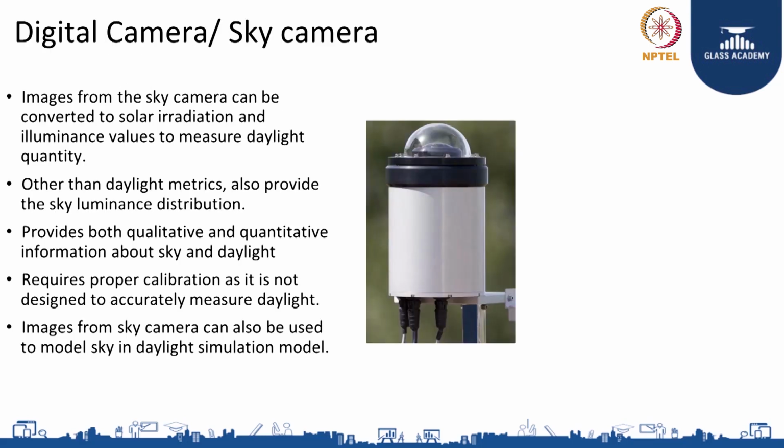We can also have more complicated sensors like a sky camera. So a sky camera can basically look at the whole sky. It can have a 360-degree view angle, and it can take pictures of the sky at different exposure levels. Once we know the overall condition in the sky, we can estimate the light that is entering through the windows into the building. We can estimate if there is a possibility of glare, and we can control the shading devices as well as the artificial lighting. Here is an example of how it can be used.